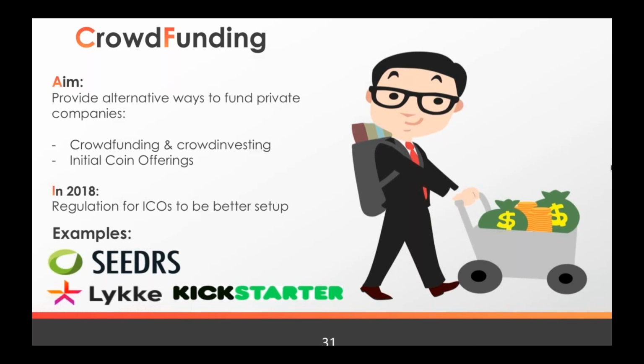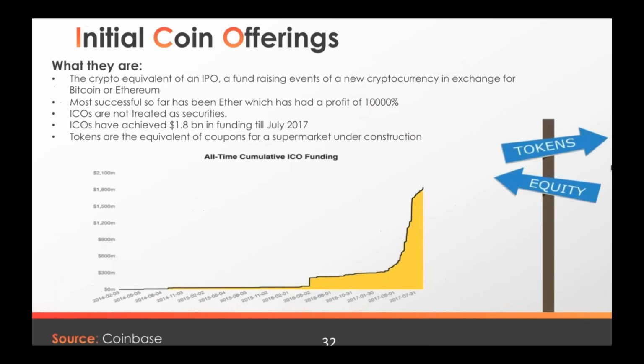I wanted to show you a little graph of what happened in 2017. There's been quite a lot of money invested into projects. Some of them really good opportunities, others a bit questionable, but there's a lot of money flying around in VC, and a lot of money has gone into initial coin offerings. What we will see in 2018 is more regulation. Many countries have banned ICOs just because there are a lot of fraudsters that are just trying to make the most of the lack of regulation and trying to trick customers.